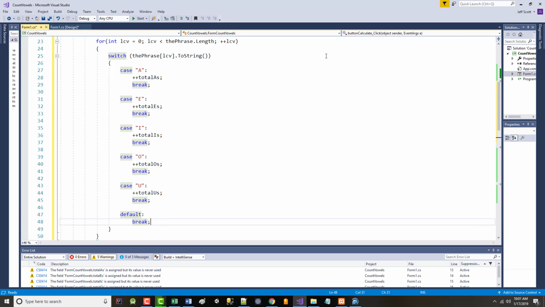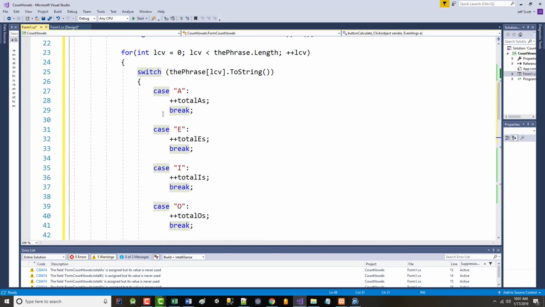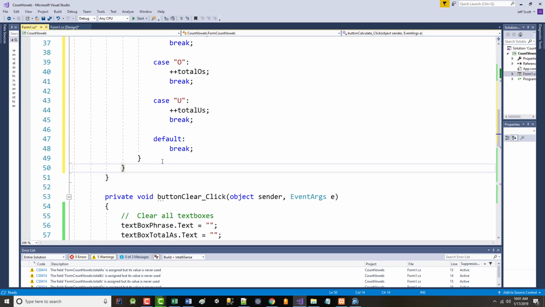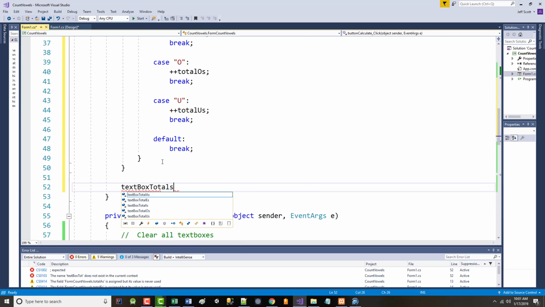Now there's only one more thing we have to do. We have to take our total A's, E's, I's, O's, and U's and put them into the text boxes. That's all that's left. Once I'm out of the switch and once I'm out of the for loop, right before the end of the function, I want to say text box total A's